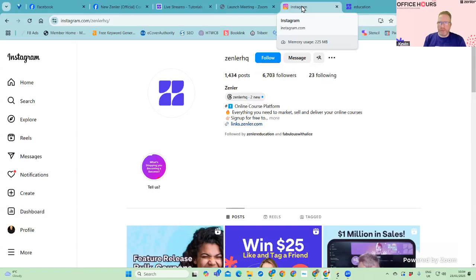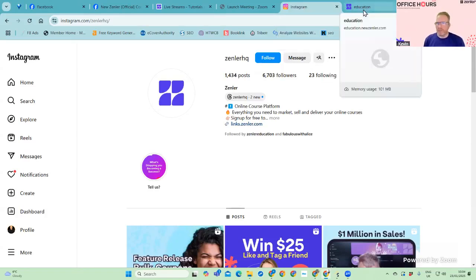Let's move on to the next part. And this part is where I show you a part of the system. And for me, this is really important. The part that I'm going to show you today is probably one of the most impactful parts of the Zenler platform that you often neglect. And the reason I say it is because it's set up for you. You don't need to worry about it, but you should always go in and edit it.